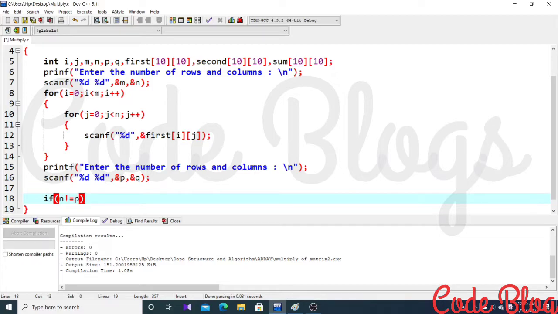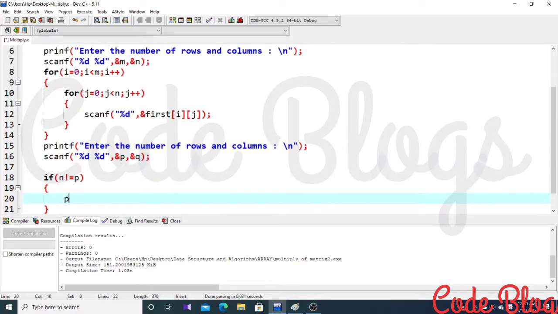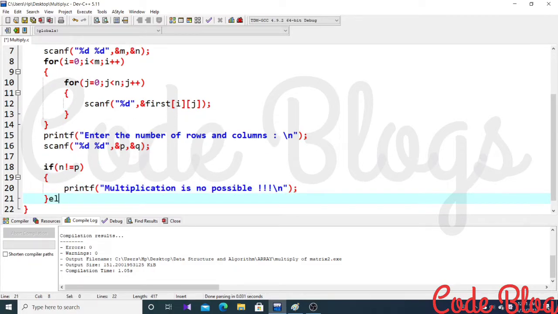If it is not equal, then I have to print that multiplication is not possible. Multiplication is not possible. Else,